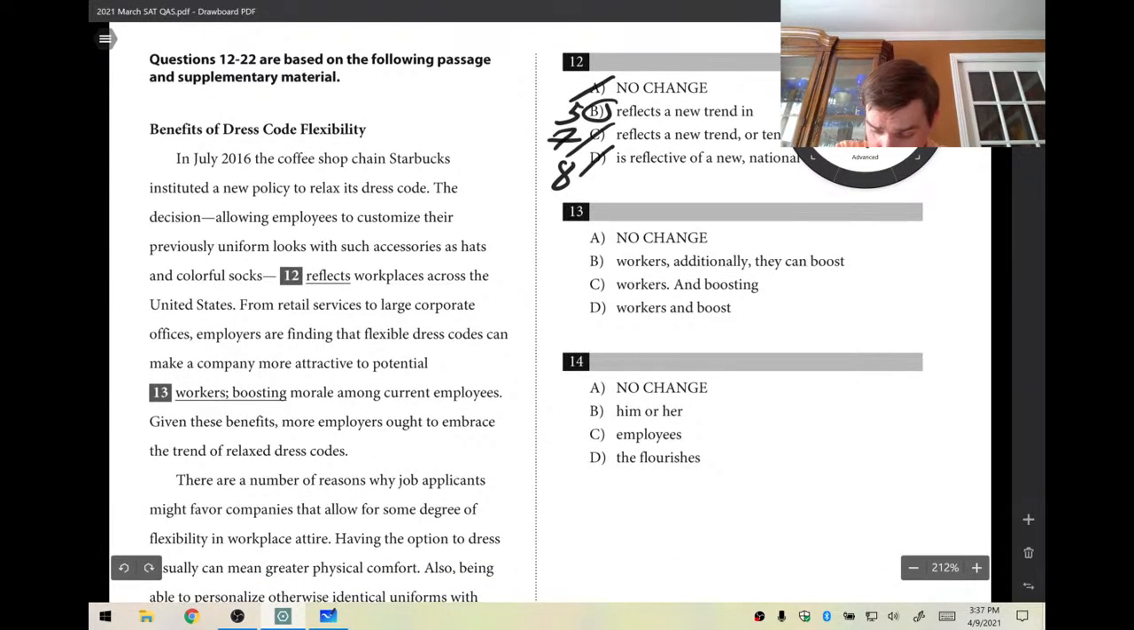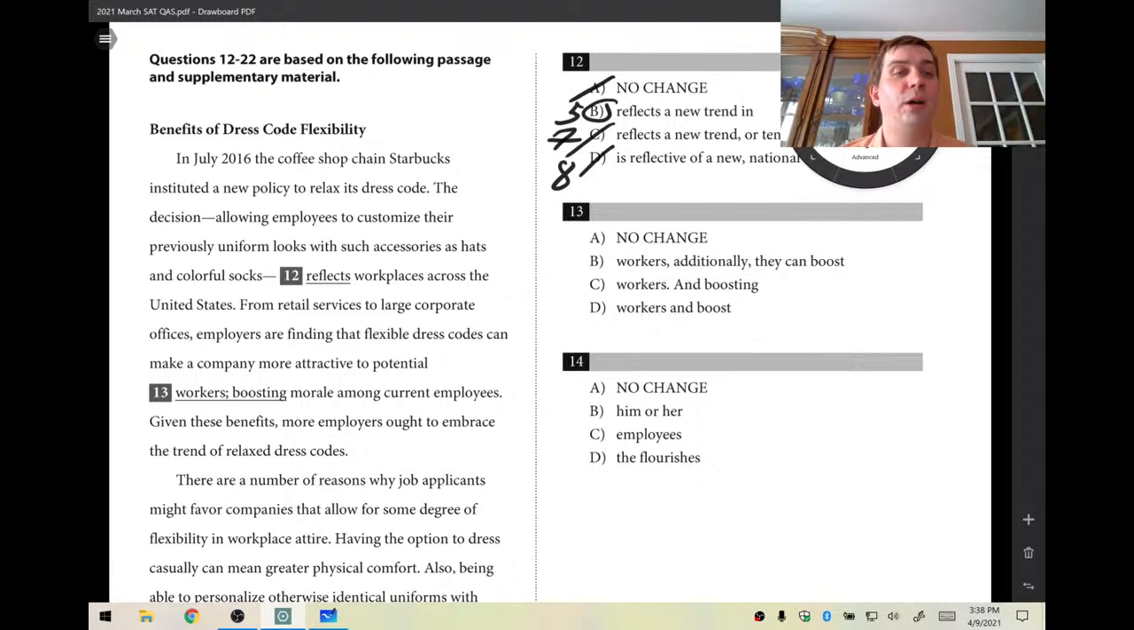Let's look at 13. All right, I'm going to read this sentence. From retail services to large corporate offices, employers are finding that flexible dress codes can make a company more attractive to potential workers, semicolon, boosting morale among current employees. So the College Board loves semicolons. They're on every SAT. I'm not sure why they love semicolons so much, but here's why you can't use a semicolon here. Because what I'm about to highlight is not a sentence. Boosting morale among current employees is not a complete thought. That is not an independent clause. That is rather a fragment. So semicolon is out,